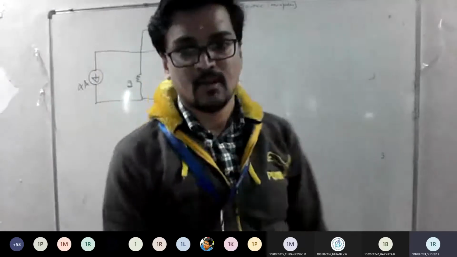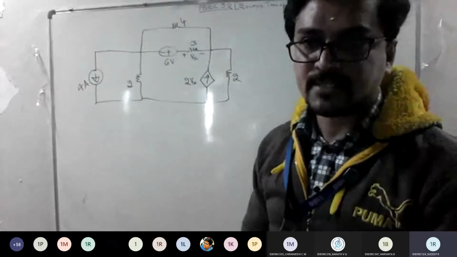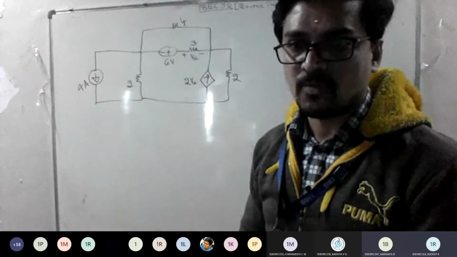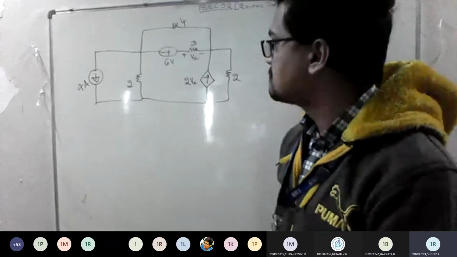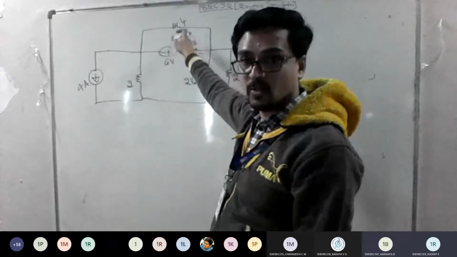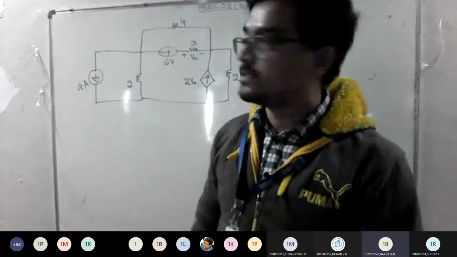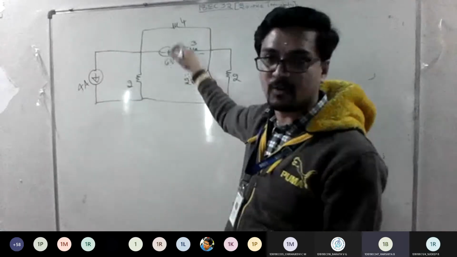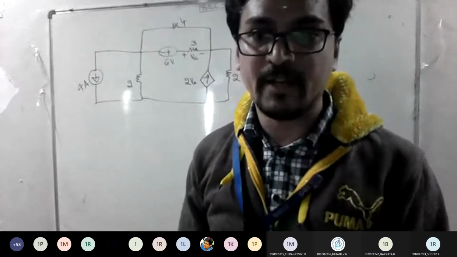Next, what can be done next? Other 4 ohm resistors should be neglected. Which one? This one? You want to neglect that? Why? If this is not there, you can eliminate it, but for this, a practical one is there, right? Why would you eliminate that 4 ohm? Others, do you want that 4 ohm to be eliminated?